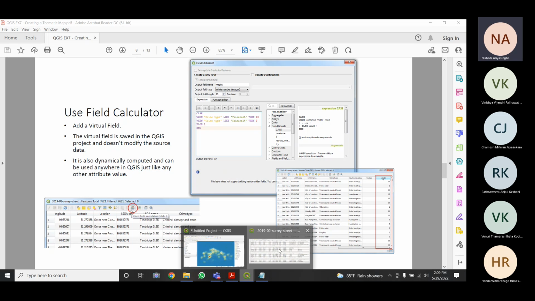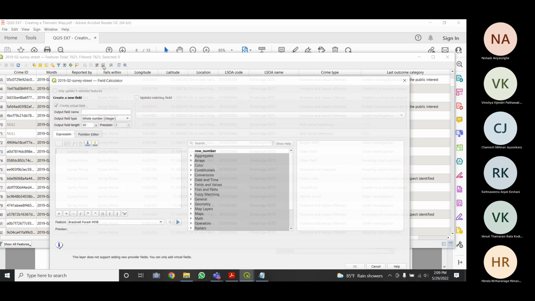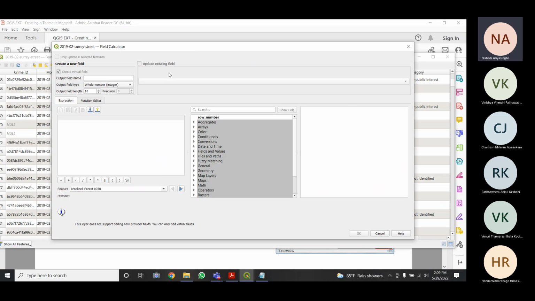So what you're doing here is you have to go to the field calculator here. When you click it, you will see this kind of a window, right? So you have to give an output field name. So this is the name of the new column. So I'm going to just type crime type weight.